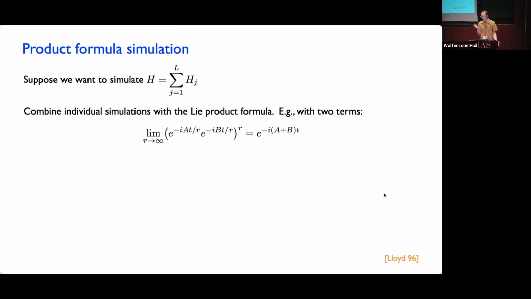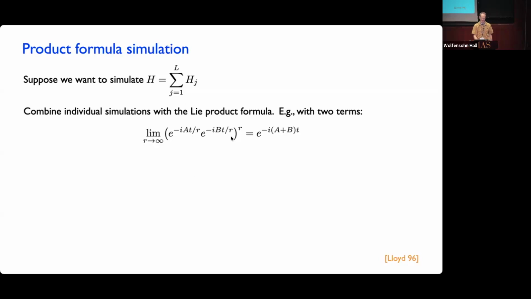And there's a really simple thing to do, right? The issue here is that, of course, if the terms are non-commuting, which they have to be for things to be interesting, you can't just combine evolution according to the separate terms completely independently and have an accurate simulation of the dynamics, right? If you take e^A times e^B, that's not the same thing as e^(A+B), right? But what you can do is slice up the evolution into small segments and alternate between the terms.